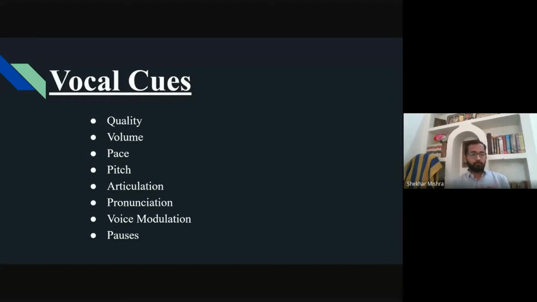Now comes volume. Volume is one such thing which tells the public your sincerity, your behavior, and how you are. And how to regulate volume? Like if you are in a very happy state, in a very joyous state, automatically your volume will be very high. But if you are attending someone who is very sad, then you need to reduce your volume to keep it lower.